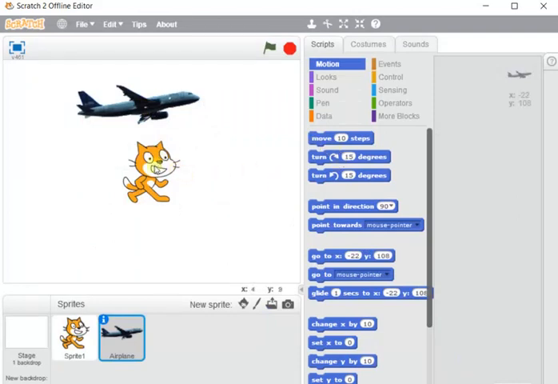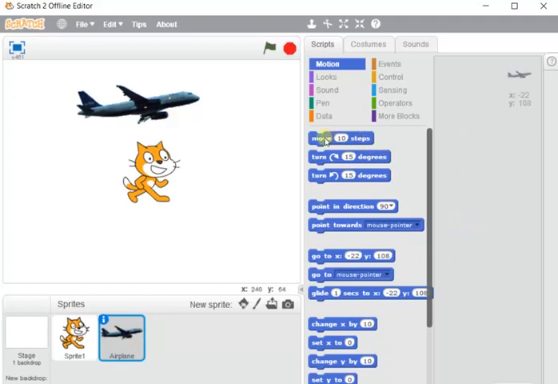Now if you want to put animation on a sprite, select a particular sprite. If you want animation in this aeroplane, then you have to select the aeroplane sprite from the sprite list below. Select it. Now see, this blue color highlight means this aeroplane sprite has been selected. Now whatever script I apply in the script area, or program I write,